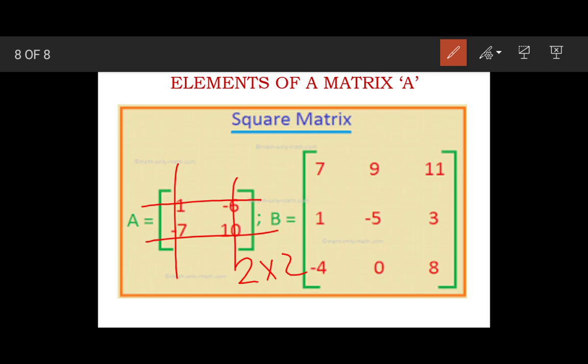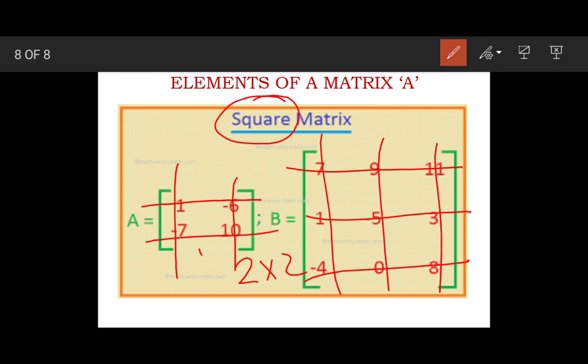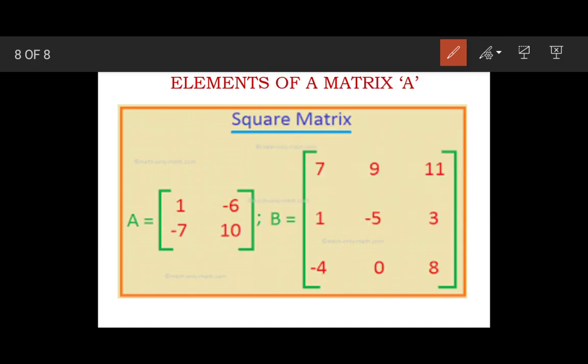When number of rows and number of columns are same, then that forms a square matrix. Here also they are same. So this forms a square matrix. That we can see in types of matrices also.